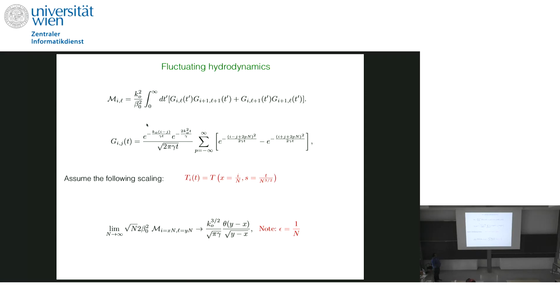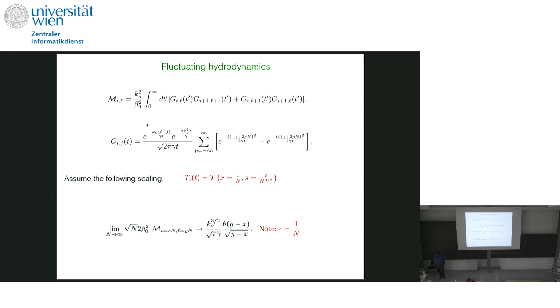And of course, to get the continuum limit, we have to consider this kind of scaling. Under this scaling, it turns out that even with this Green's function, you get exactly the same position representation of the kernel. The difference is that the boundary conditions of this kernel are different. This usually does not happen for a non-local operator. It happens for the local Laplacian operator, where the position space representation of the Laplacian, even on an infinite line and a bounded line, is exactly the same, only the boundary conditions are different. But for non-local operators, it usually doesn't happen. But in this case, you have the same representation, only the boundary conditions are different.